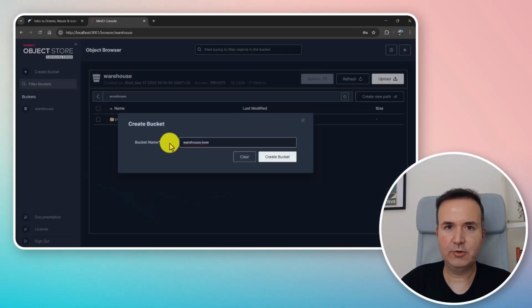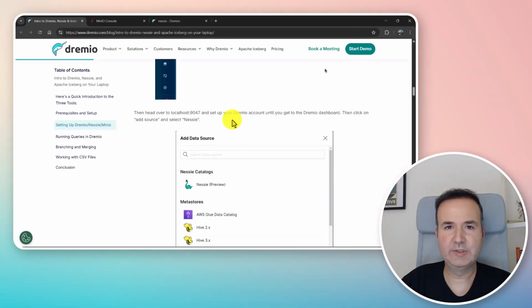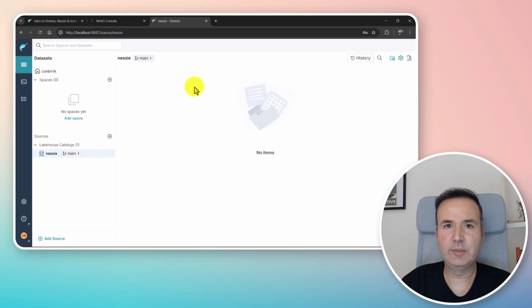From Create Bucket, you can easily create a new bucket. Since I already created a bucket with the name warehouse, I will not create it again. Then we will log in to the Dremio portal. Once you log in to the Dremio portal, you need to